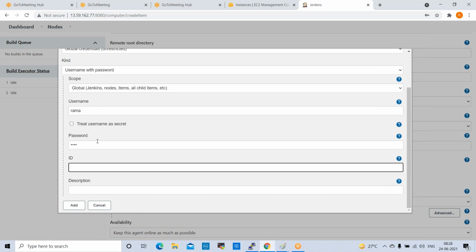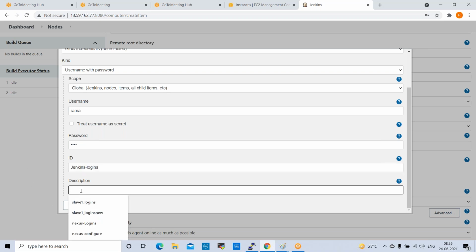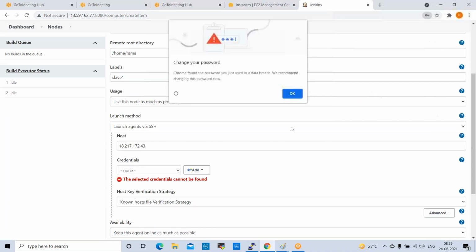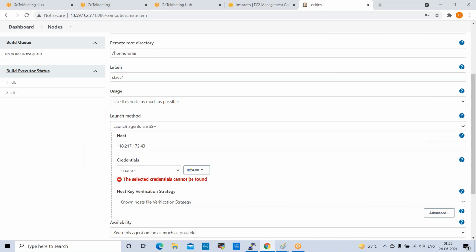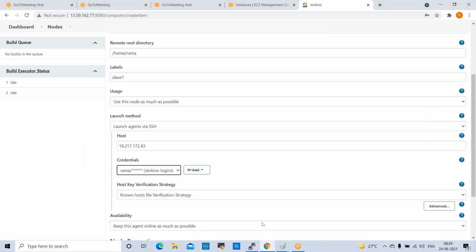Then the password, the Jenkins login. Click on Add. So the credentials are added here. Now you can select them. These are the credentials, right? That's taken.